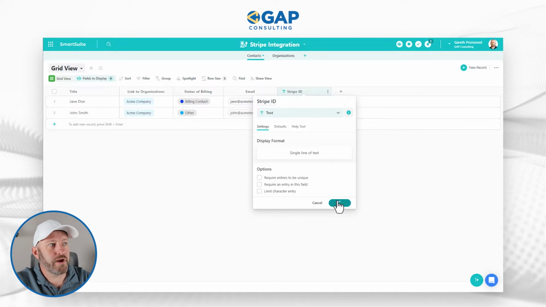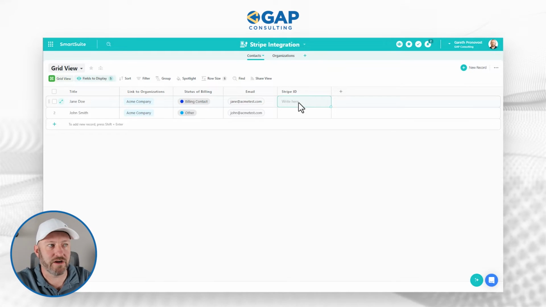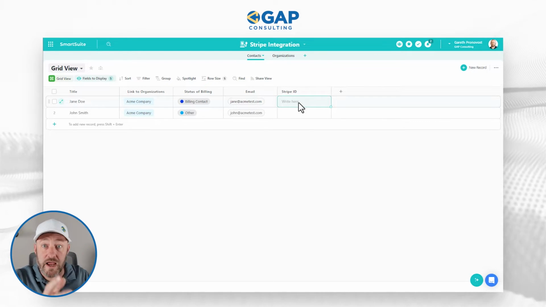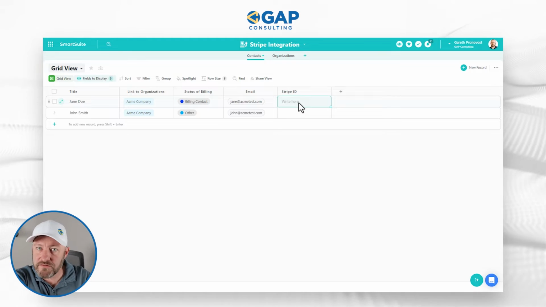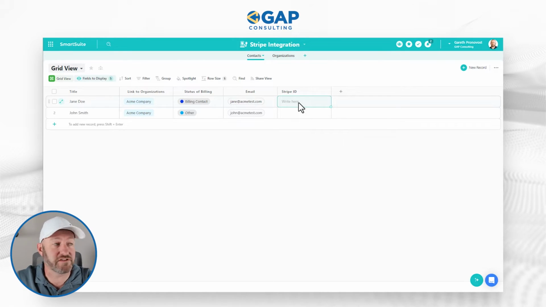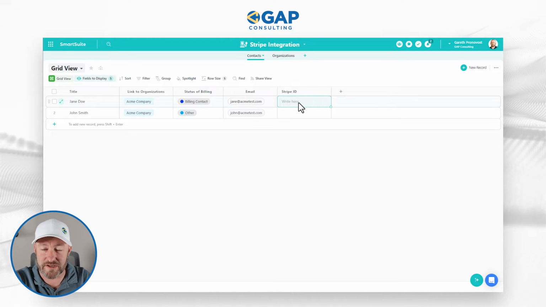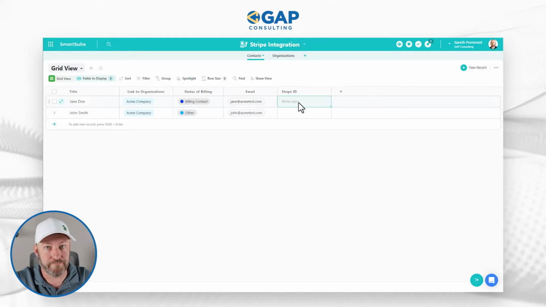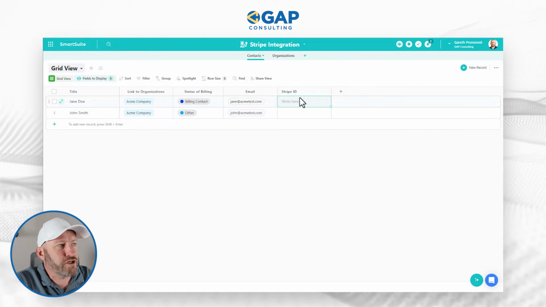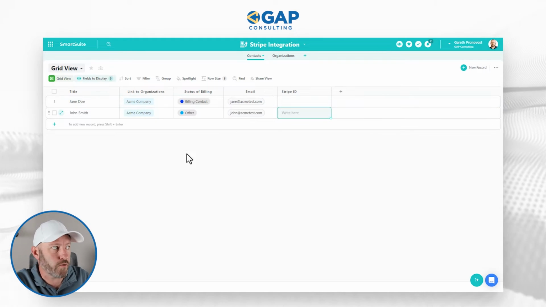And what we're going to do as we build out our automation is bring the Stripe ID back here when we are creating our automated process. That way, when we create an invoice in part 2 of this video sequence, then we're going to know who the Stripe customer is so that we can create an invoice on behalf of the proper customer. Make sense? So we don't have Stripe IDs in here, but we do have all the other information for this